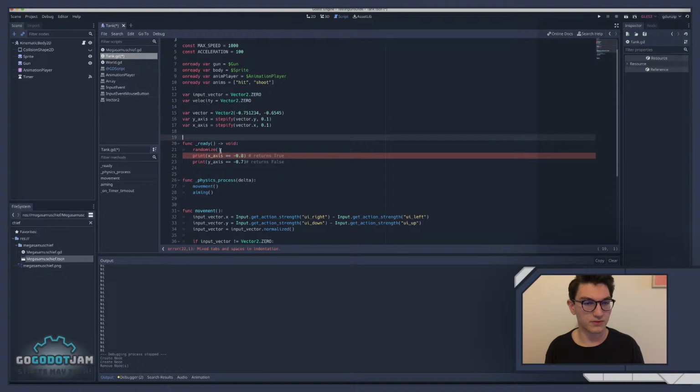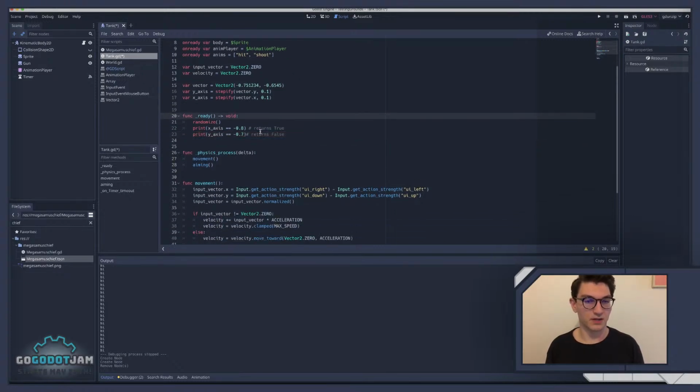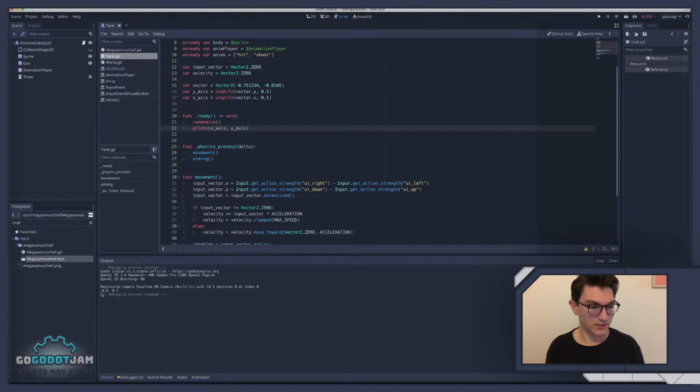Print x-axis equals var, y-axis equals stepify. It's right there. Mixed tabs, I see. Okay, print x-axis equals returns true. Well, why aren't you just printing x underscore axis, y underscore axis? Okay, -8, -0.7. Interesting. So then what if we say